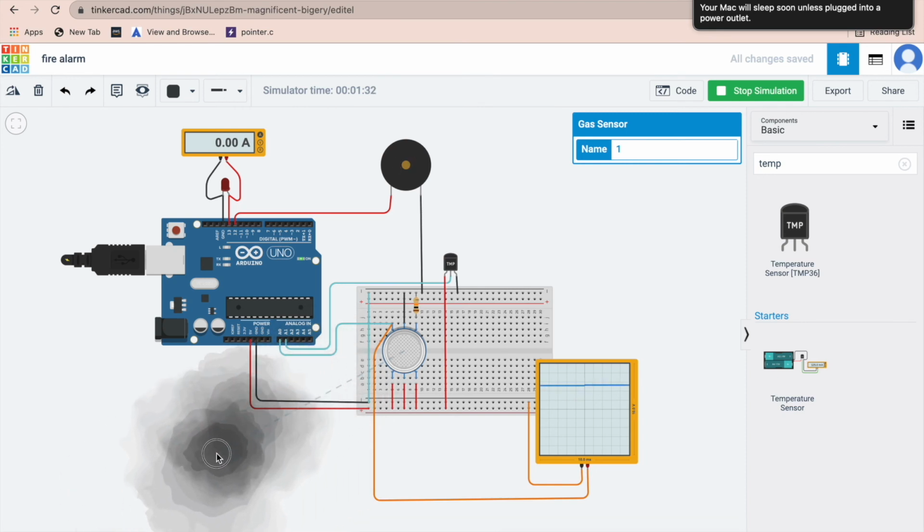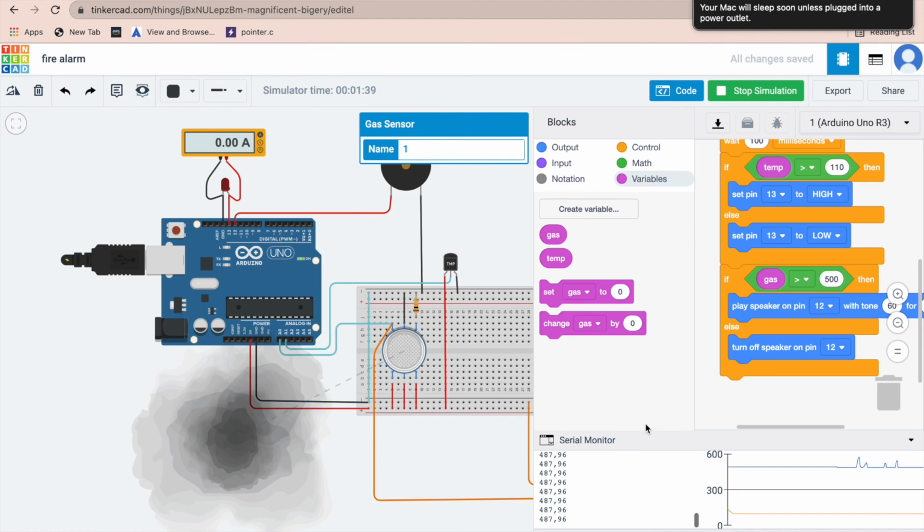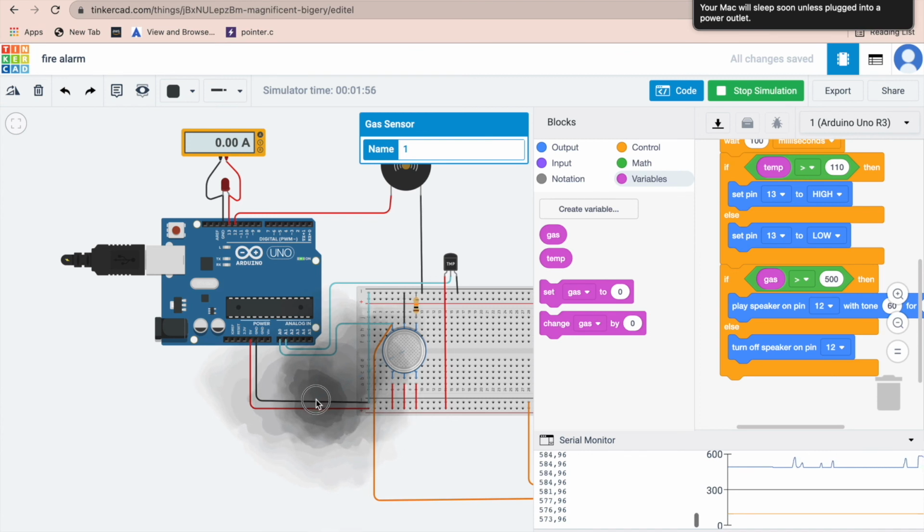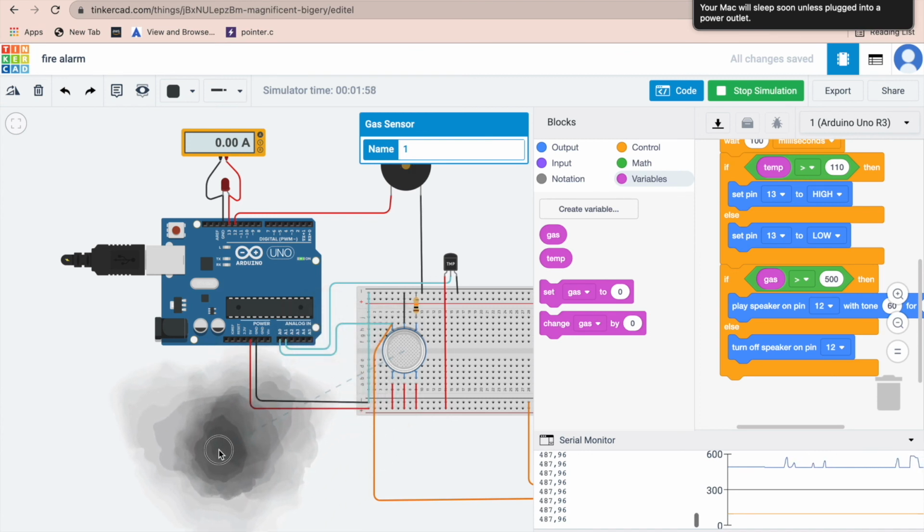This is showing the output across the gas sensor. Now if you want to see it on the serial monitor, you can see the graph across the oscilloscope, and also the reading. This is the gas sensor reading, and this one is the temperature sensor reading. Now let me bring it up. You can see that it became up to 500.